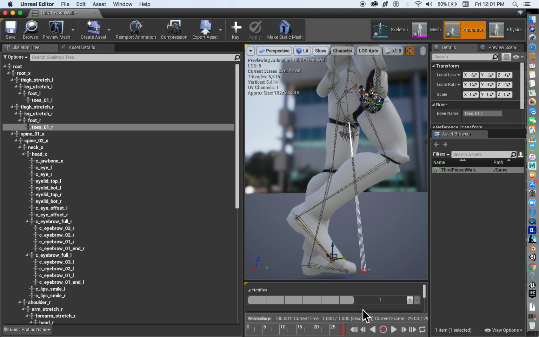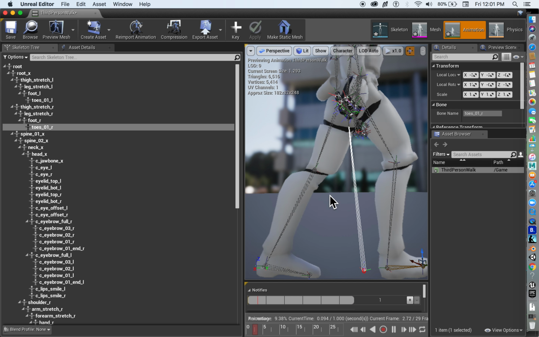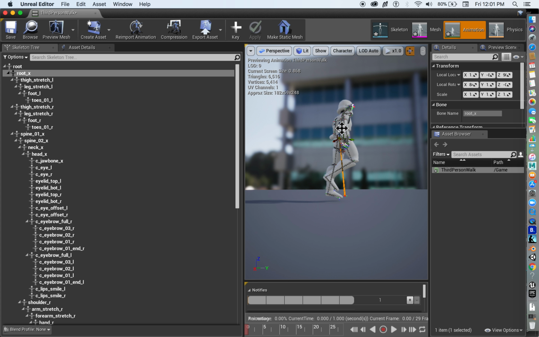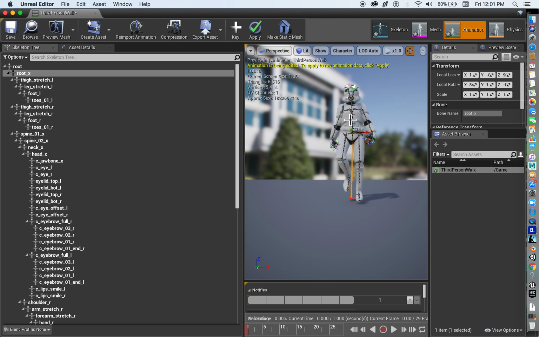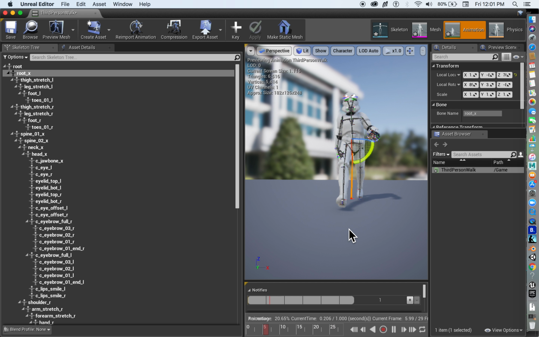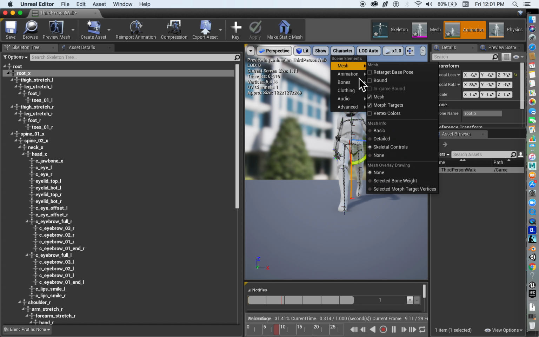So now the bones are in the proper place. Looks like it's still a little high. Make sure you go back to frame 0, select the root bone, and lower it down to the foot. That was the wrong way. Lower it down to the ground just a little. Boom. And now, you got to hit key and apply. Now when you hit play and hide your bones,